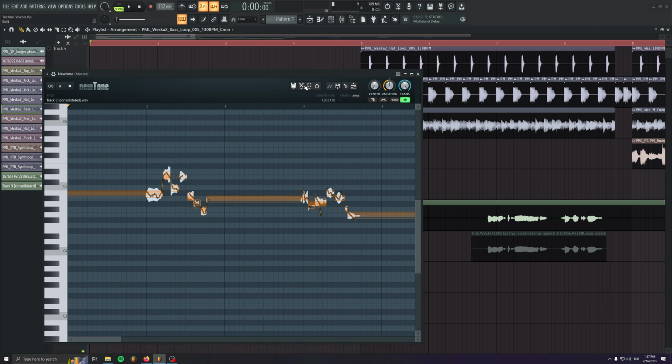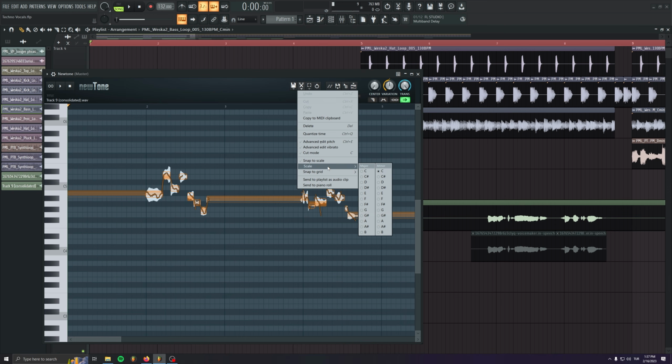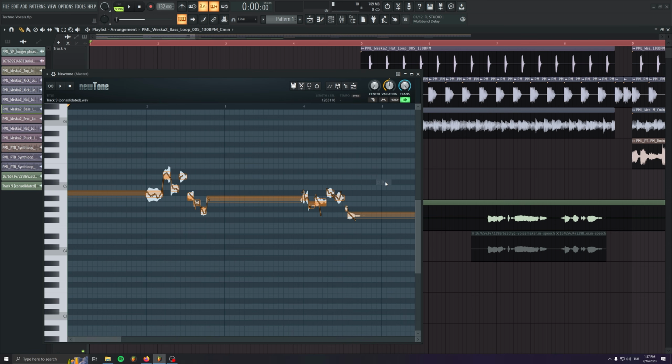The first thing we should do is go to the scale option in here and choose D minor. And then choose snap to scale. It's gonna automatically put the notes to the nearest one if it's on a forbidden note in the D minor